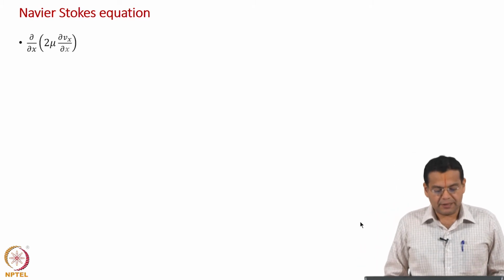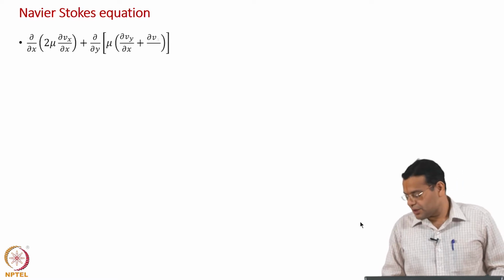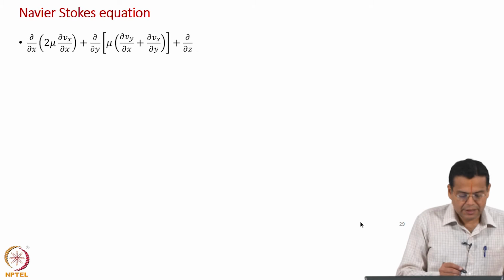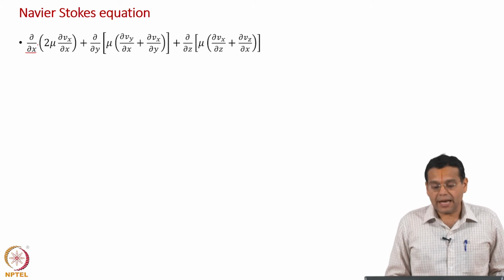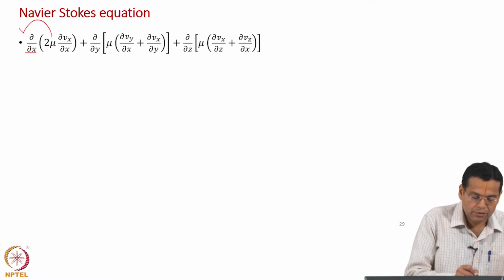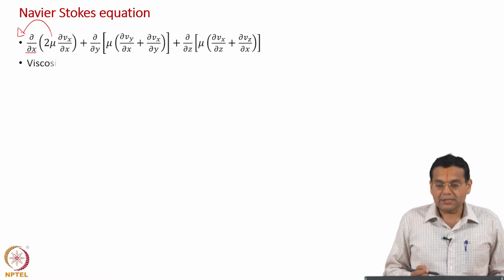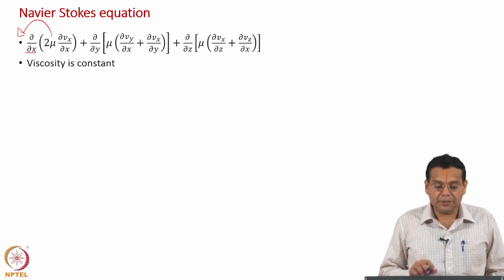The same equation is being written here. In this equation, mu is inside the spatial derivative. So, this equation can account for spatial variation of viscosity. Why should viscosity vary as a function of space? Because of probably change in temperature. But now we will make one more assumption, that viscosity is a constant, so that I can take it out of the derivative, which means that the equation which I am going to write after this cannot be used if viscosity is varying as a function of space.